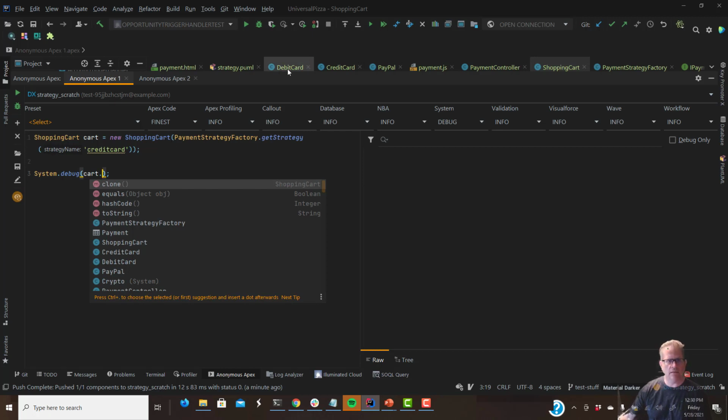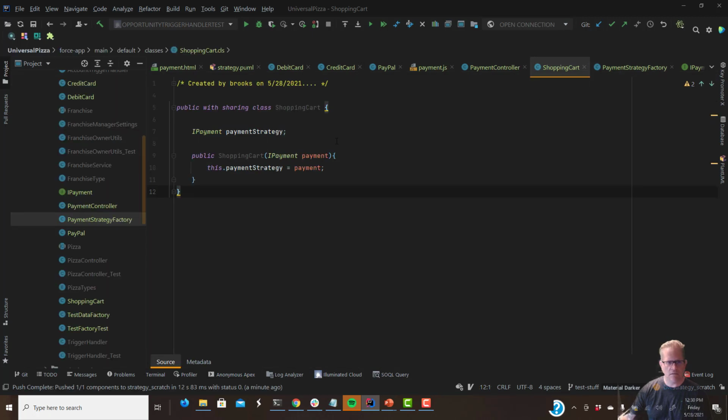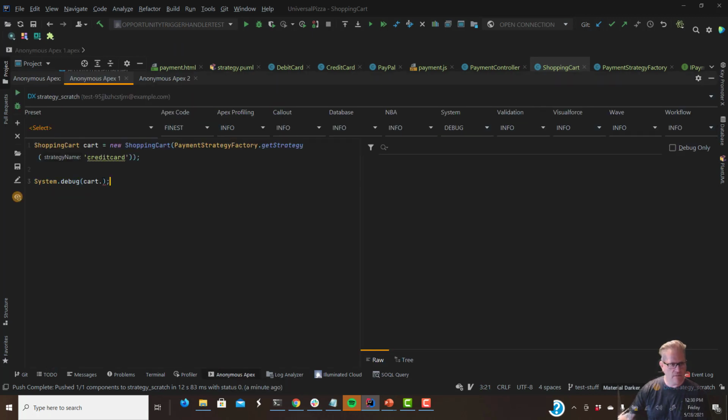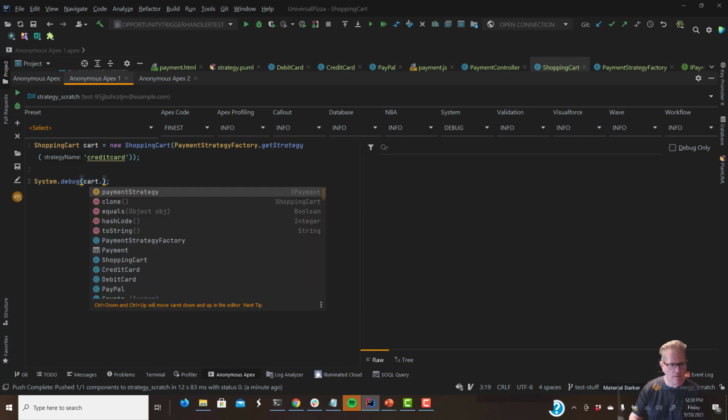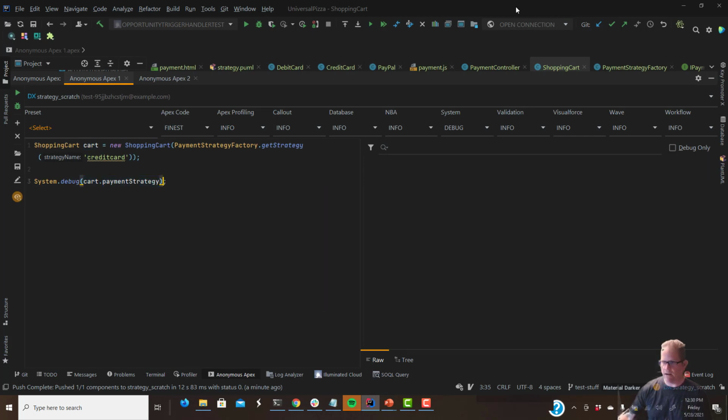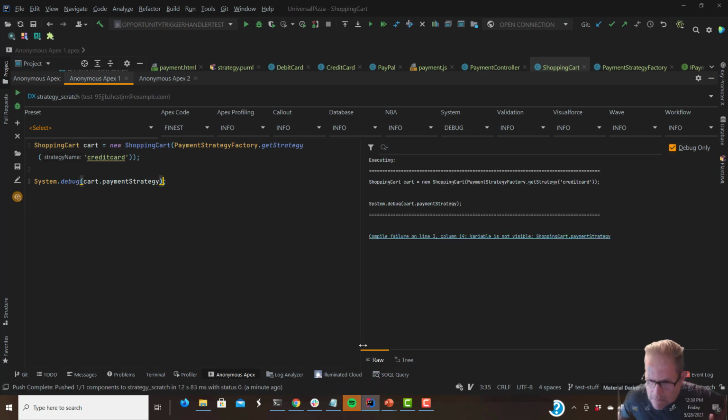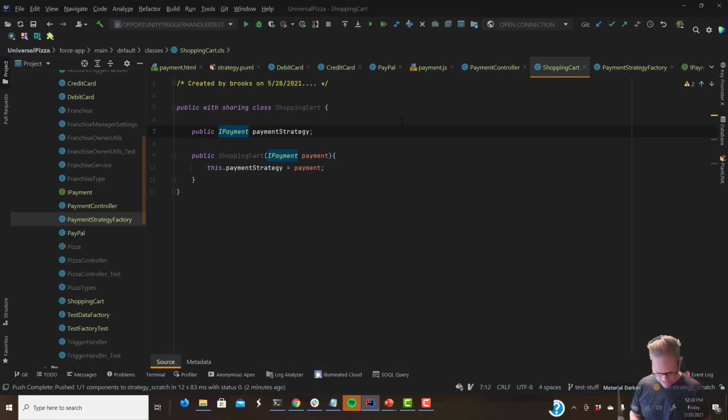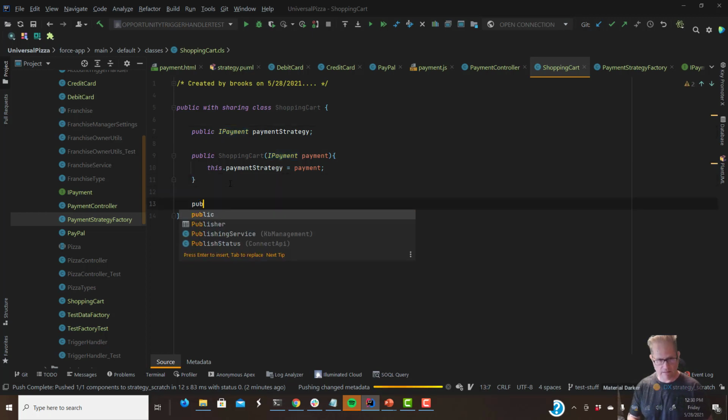Did I not make, let's go back to our shopping cart, make it public. For right now, we'll just make that public, good enough. Just see what we got in there. All right, debug only. Let's run that. Variable is not visible, shopping cart dot payment strategy. Yeah, because I made it visible, but I didn't compile it. But what we really need to do anyway, I guess, is public